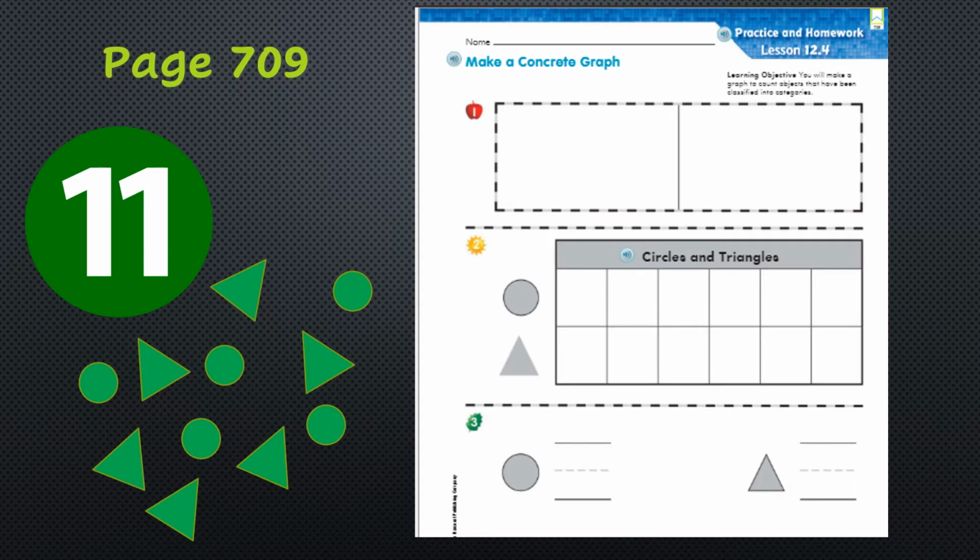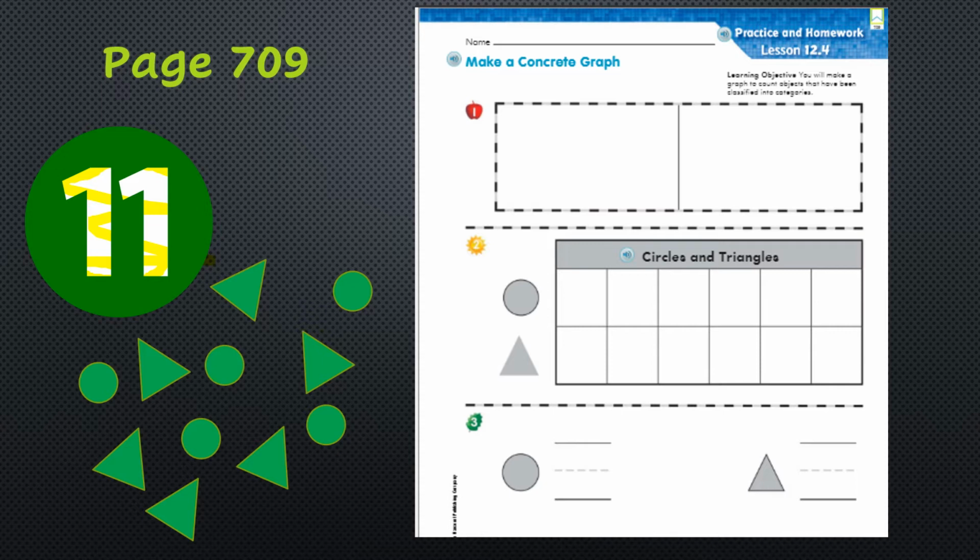You see what I have here? I have 11 shapes all together. That's why I put the number 11 right here so you could see 11 shapes. I have 11 all together, circles and triangles. Once you get your 11